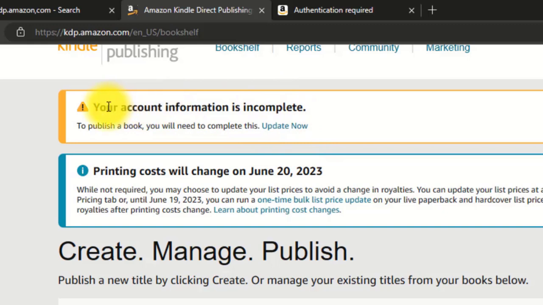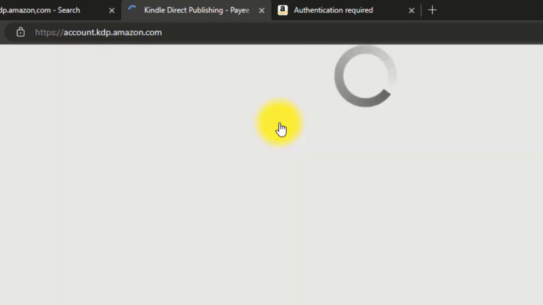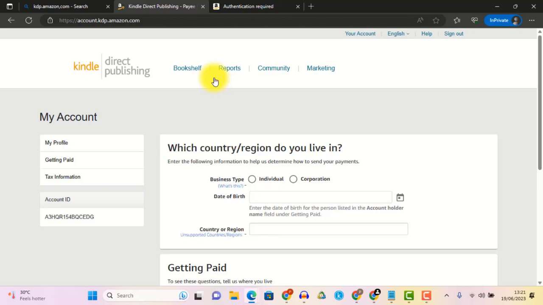Now we can see that we actually need to get verified on this account. We need to update our account information. So I'm just going to click on update now. So basically there are two things we want to do here. We want to put in our account information so that when we make money we can always be able to withdraw, right? Then we also want to fill in the correct tax information,